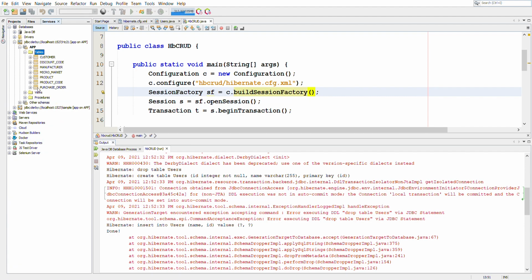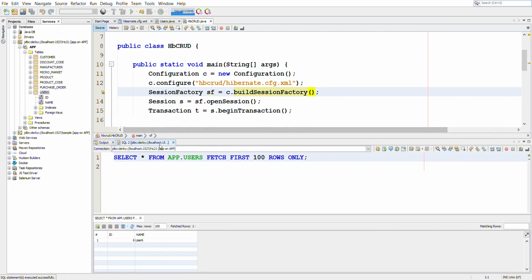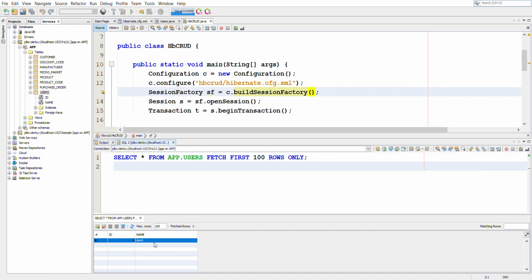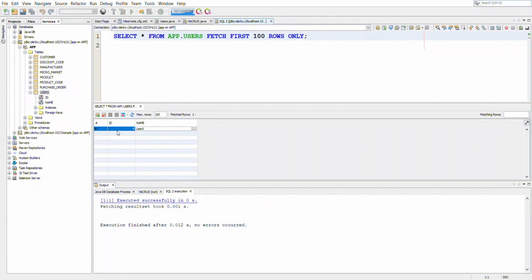So we can go to the backend and check here. As you can see here, a users table has been created with ID and name. And if we view the data of this table, then here we can see that a row has been inserted in the user table with the ID 6 and name as user 6. Since we had not provided names for the tables or the columns explicitly, Hibernate has used the class name to be the table name and ID and name, which are the attribute names,